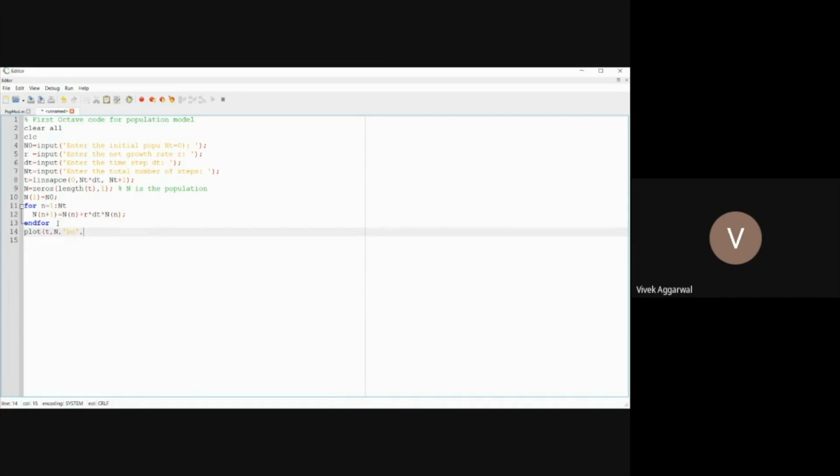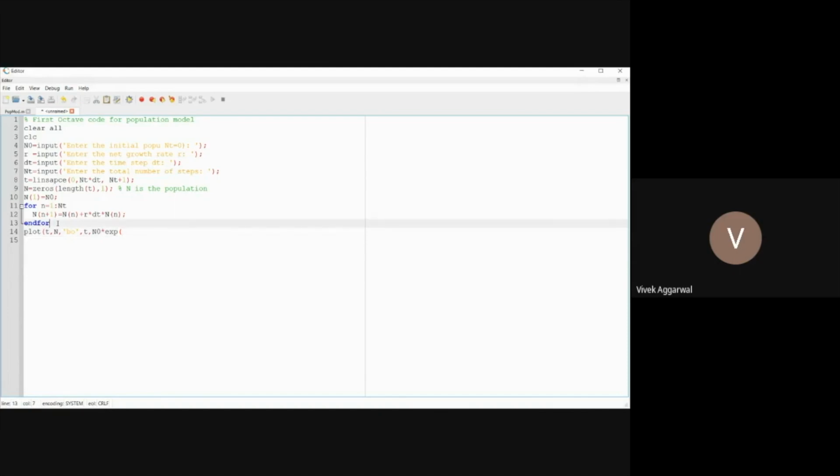And also here I want to plot my exact solution. So exact solution, I know that this is equal to n0 star, then exponential function is there.